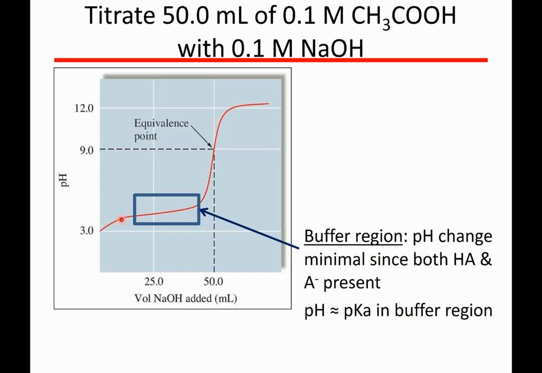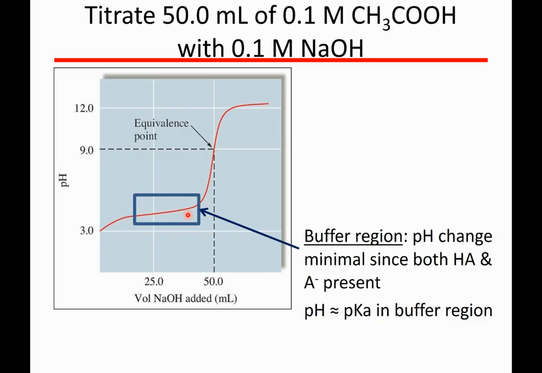When you have both the acetate ion and acetic acid as major species, you reach this buffer region of the titration curve where the pH is fairly stable upon the addition of further sodium hydroxide. In addition, because you have a buffer, the pH can be predicted or calculated by the Henderson-Hasselbalch equation, which says that pH is equal to pKa plus the log of the ratio of